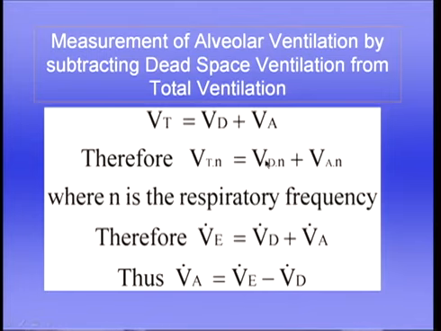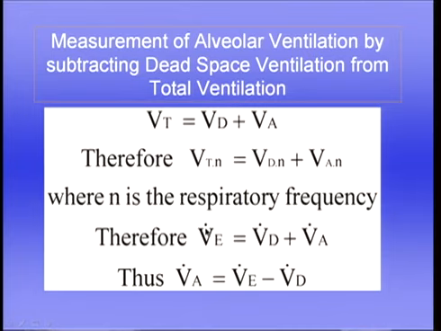We can multiply each term by the respiratory frequency, N, the number of breaths per minute, and that gives us the fact that Vt times N, which is the total ventilation, which we conventionally indicate as V dot E, E meaning expired, that's just a convention, V dot meaning volume